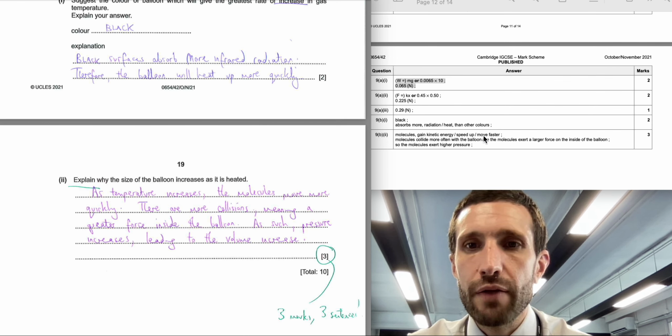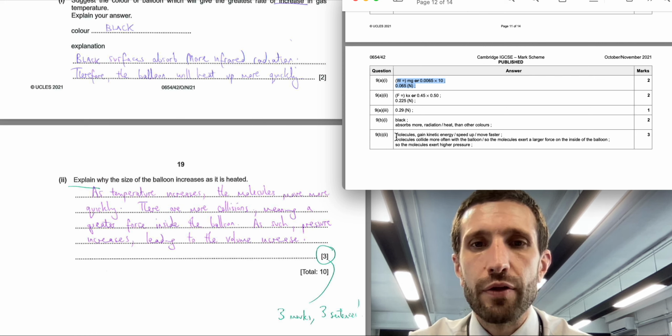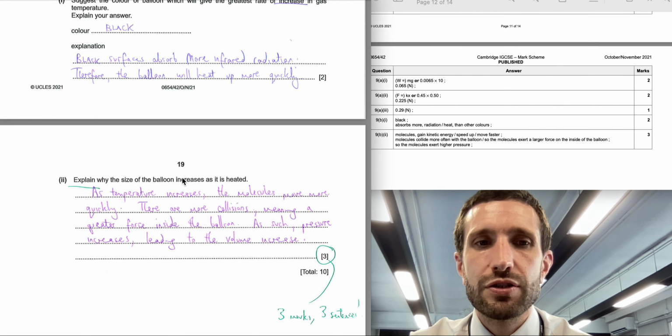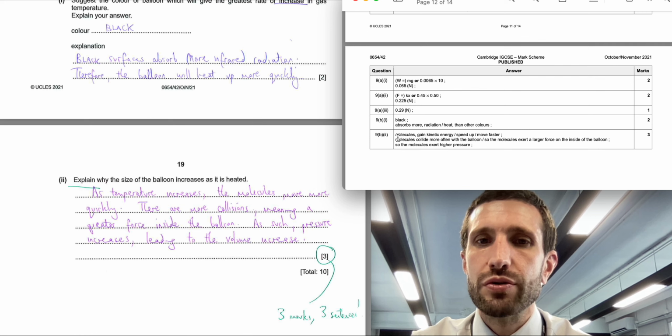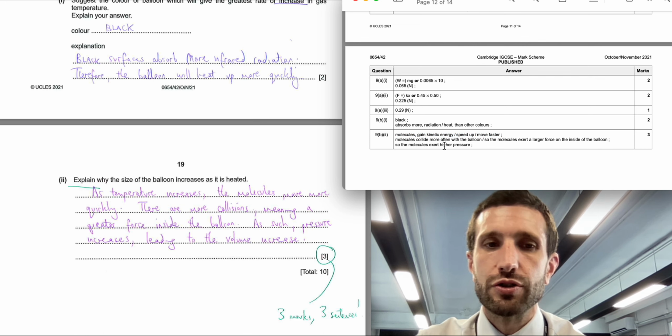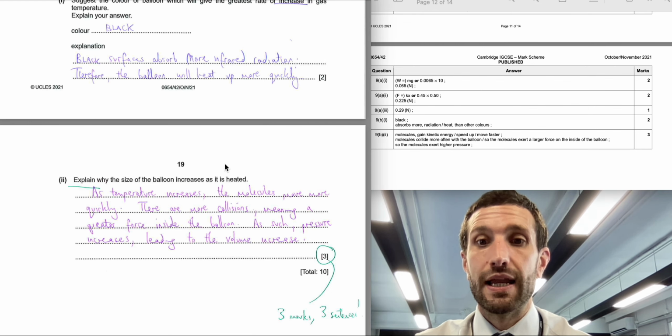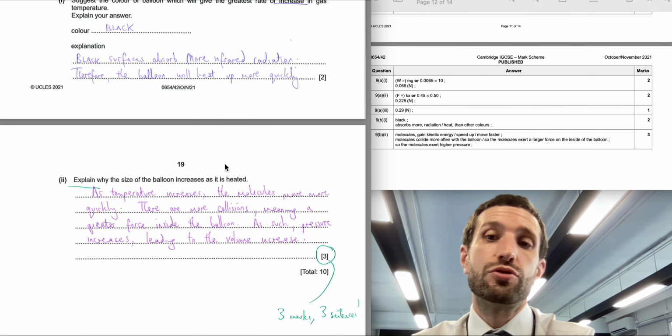Now, if we look at the mark scheme, you're looking at these kind of explanation points. The answer already tells you what happens to the balloon. What you need to do is explain it. So you're going to have 3 marks for explaining. More often, with the collisions more often, larger force and therefore higher pressure. So we're wanting all of these 3 points, beginning, middle, and end. Now this is the kind of question I'd normally notice students get a couple of marks